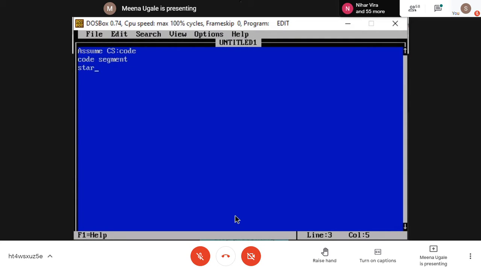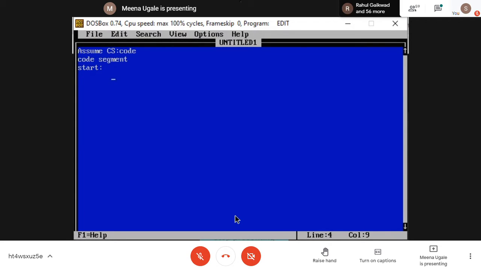Then I'm going to write here start. This start is a label that I'm going to tell in the code segment, because the code segment is whole 64 kilobyte memory. So somewhere I'm telling that the start is the label. Instead of start, whichever variable name you like, you can write it. I'm writing start because it is somewhere relevant name for my starting of the program. So I'm telling start and put colon symbol. And then I should write my instructions.